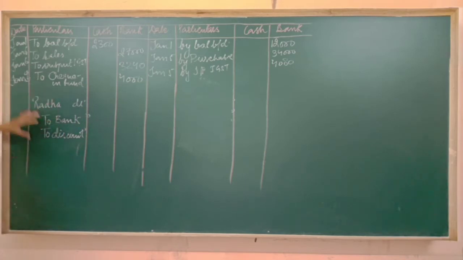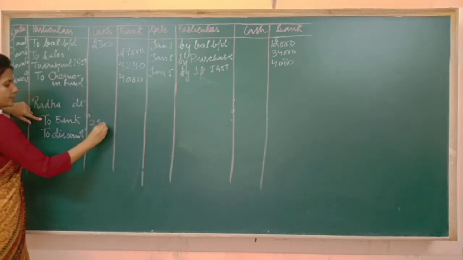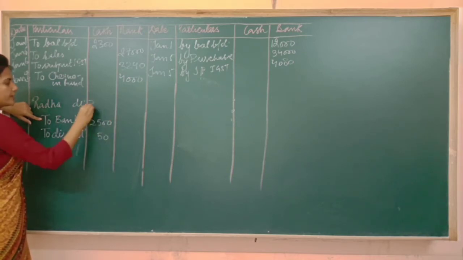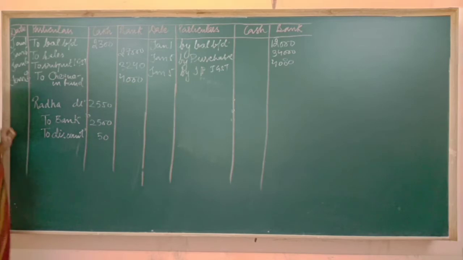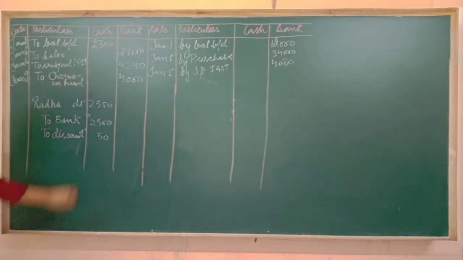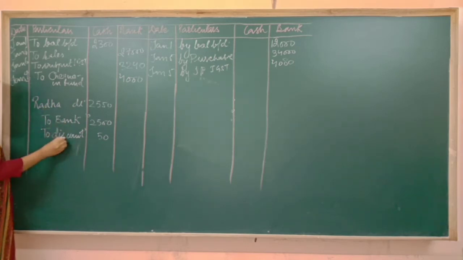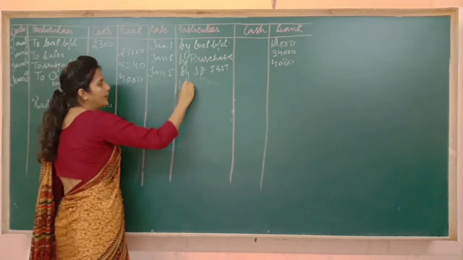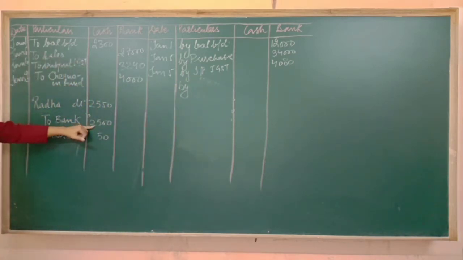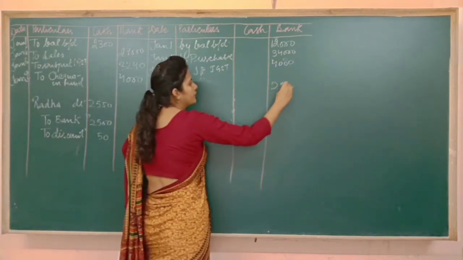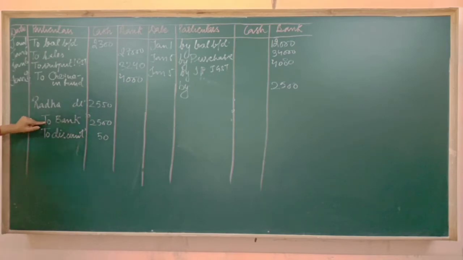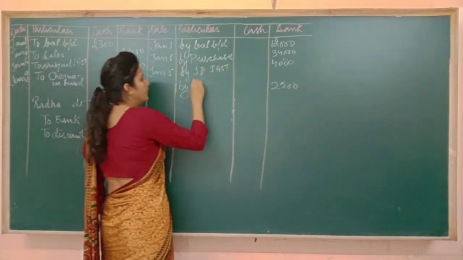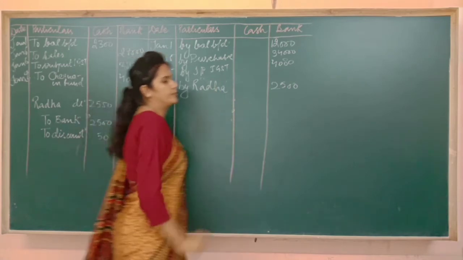Fine. How to write the amount? The check is of rupees 2,500. Discount is of rupees 50. Radha will be debited with 2,550. But out of Radha, bank and discount, which column are you making in the cash book? You are making only and only the bank column. So we need to check whether bank is debited or credited. In this entry, bank is credited, so the entry will be on the credit side. I am writing here by. Bank has been credited with rupees 2500, so I am writing 2500 here. Bank has been credited because of Radha, so I am writing here by Radha 2500.